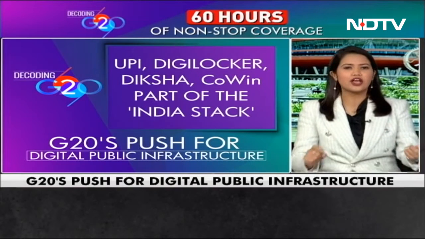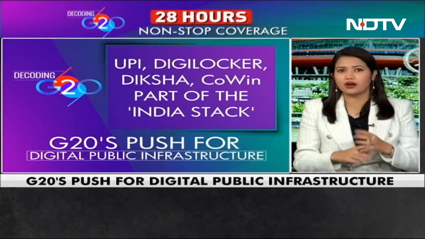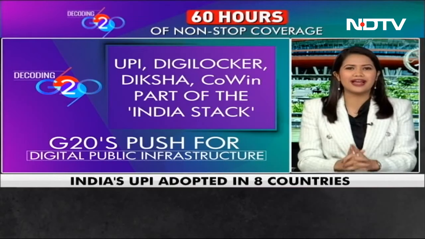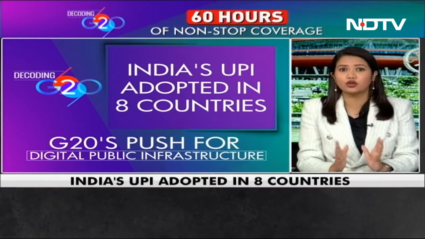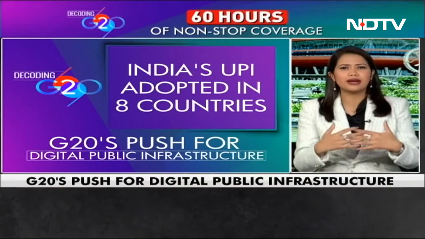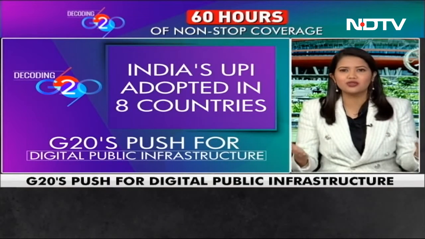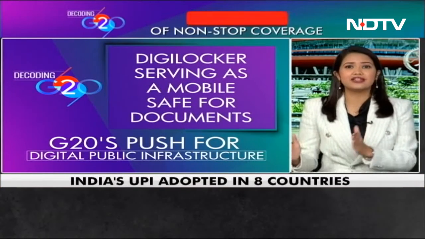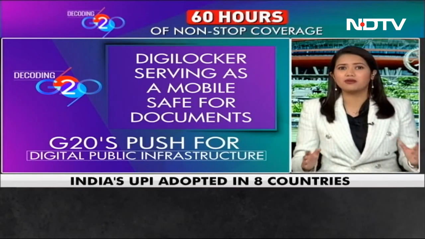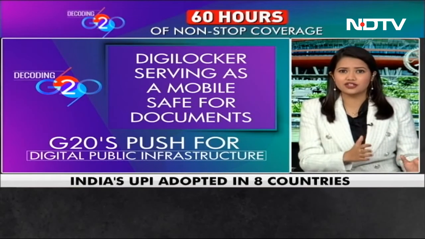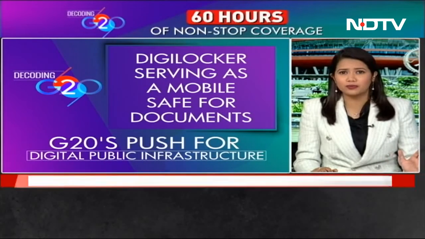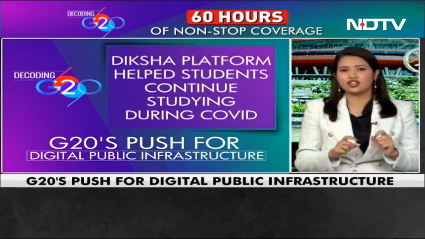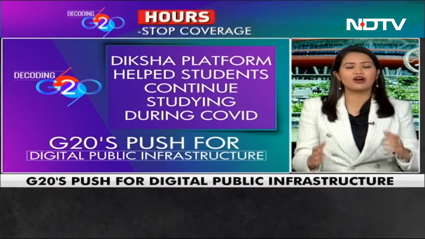Let's understand with examples. UPI, DigiLocker, Diksha and CoWin are all a part of the India stack, and they're examples of digital public infrastructure. And UPI has truly been an Indian platform that is used as an example globally. UPI is a payment system through which money can be transferred to people's accounts real time with no cost, and it has given Indians the freedom to go cashless. Now, the United Payments Interface, or UPI, has crossed the 10 billion mark in the volume terms of transactions in the month of August. In fact, UPI has also been adopted in 8 countries, including in developed countries such as Singapore.